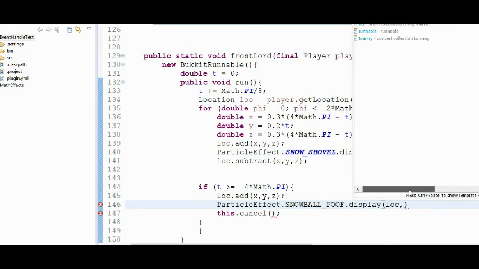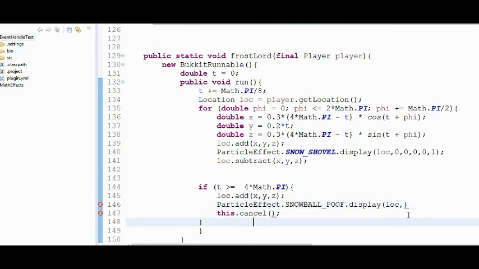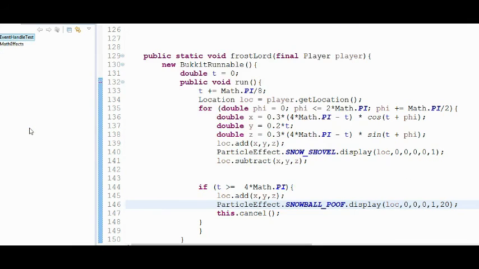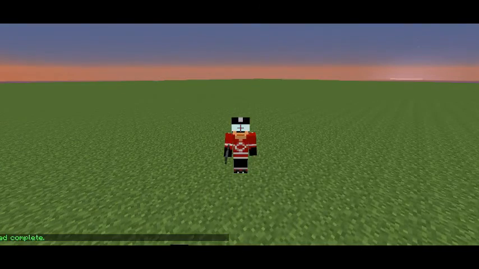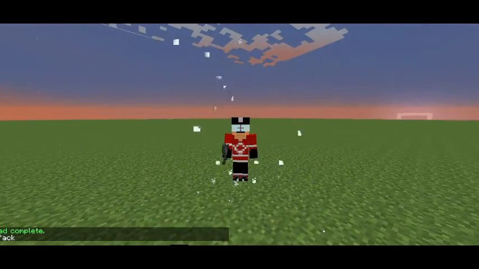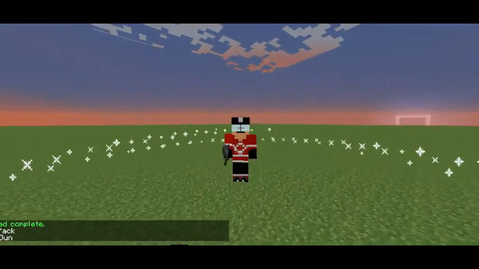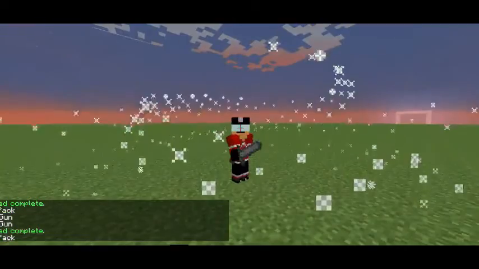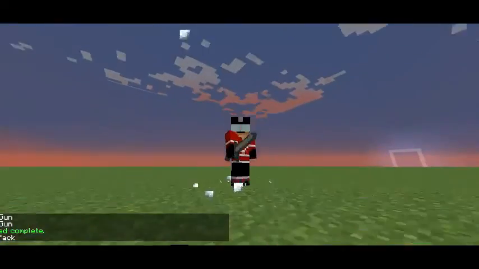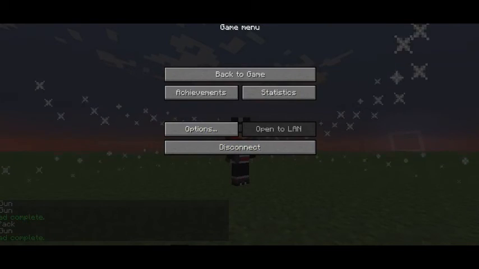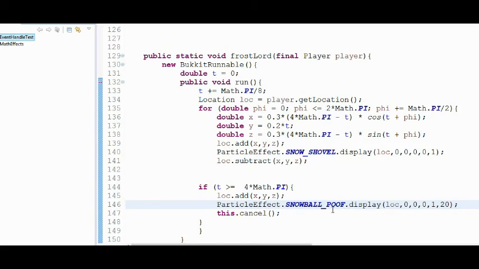I don't want the offset. I want, okay, speed. So it's going to be 0, 0, 0. Try 1 and then 1 or 20. So hopefully this should spawn a bunch of snow particles with a velocity at the top when it finishes. Hey, that didn't really work. Yeah, I'm going to use the other one. So just quickly switch that back over to snow shovel,